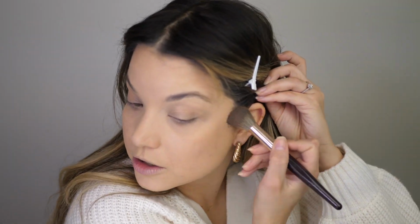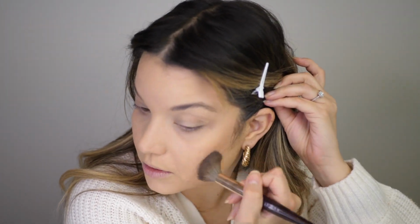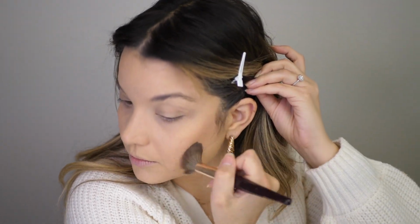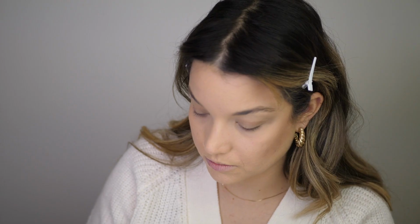So I'm gonna set that cream contour with the powder contour from the Gasm palette. That's gonna intensify it a little bit and set it down, make it more long lasting. For day-to-day makeup, I wouldn't use both. I wouldn't do cream and powder. I would do one or the other just for quick everyday makeup. But for full glam makeup where you're doing the most, it's nice to layer your cream and your powder